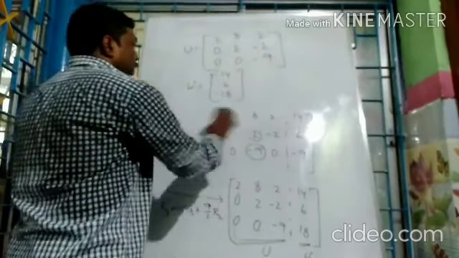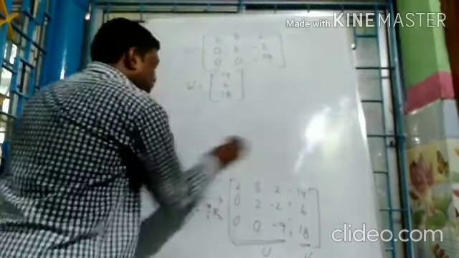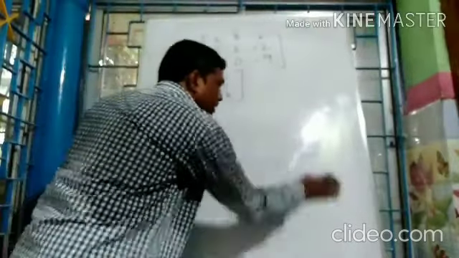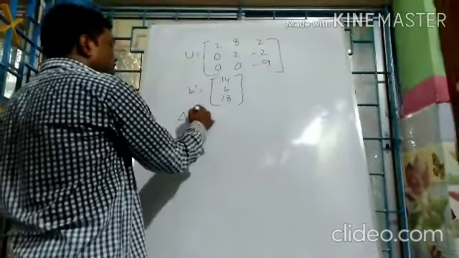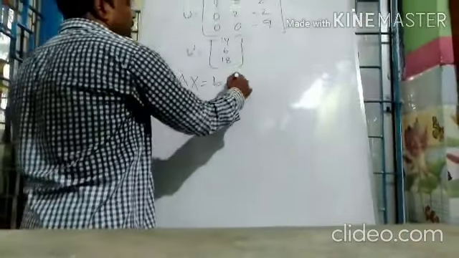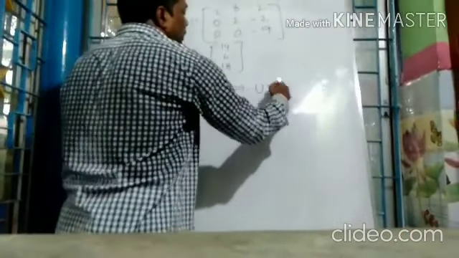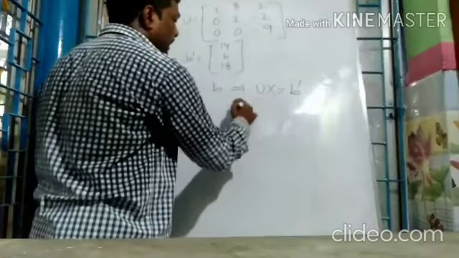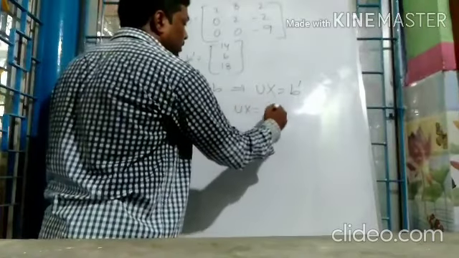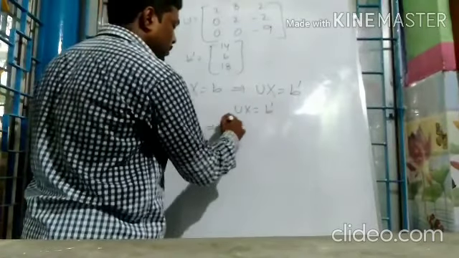Okay, but you know that the system AX equals B has the same solution as the system UX equals B dash. Now we solve UX equals B dash. What is U? U is